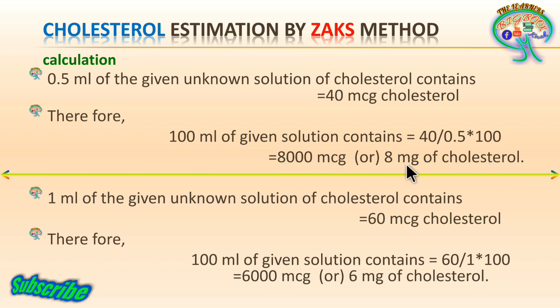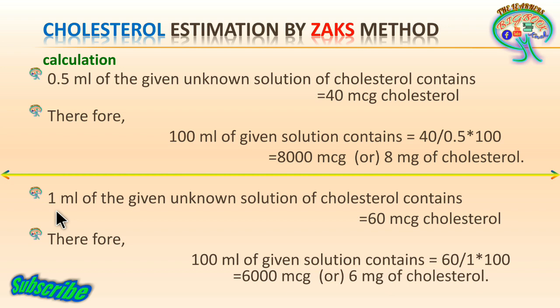So here there is the presence of 8 milligrams of cholesterol in 100 ml of the sample T1. Here it is the sample T1, so it is 0.5 ml. T1 is 0.5 ml. In the same manner, let us calculate for 1 ml of the given